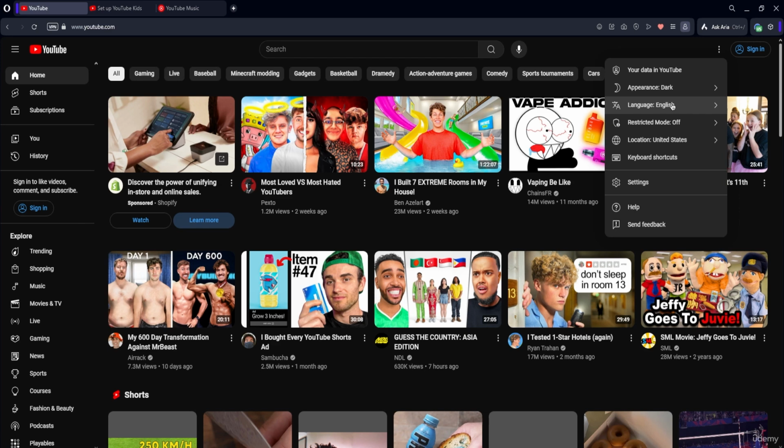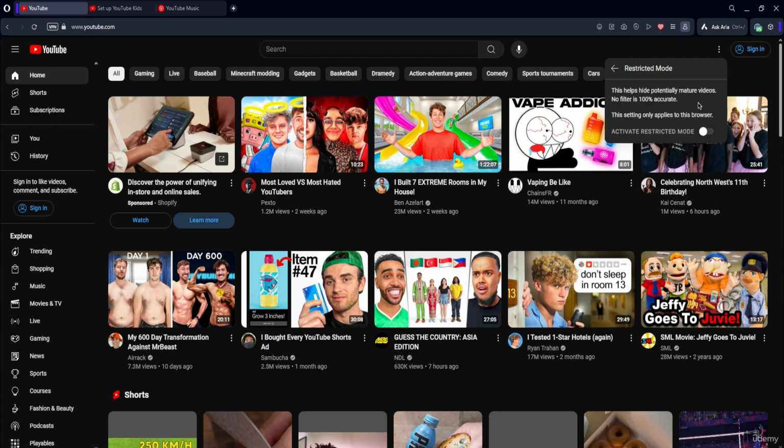We also have this restricted mode option, which will hide all types of videos recommended for viewers over 18 years old. In other words, the algorithm will not recommend such videos to you. This can be a useful tool if you're a reaction streamer and want to avoid watching +18 videos live on other platforms. If you want to activate this option, just check this box and there's no problem at all.